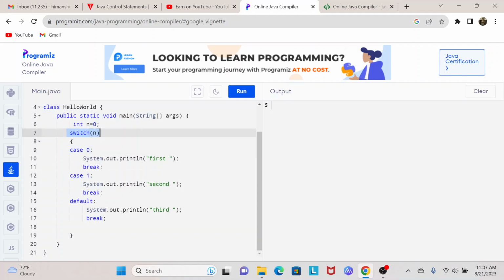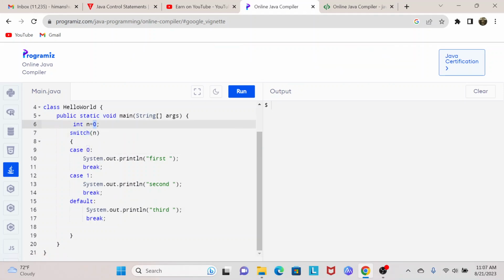Inside the switch we'll have all the cases, whatever conditions we have. So instead of if else, we are using a switch here. The value of n is 0, so switch has the value 0, and it will search for which case has this particular value 0. The first case has the value 0, so the value will come here, to case 0, and it will print this statement.